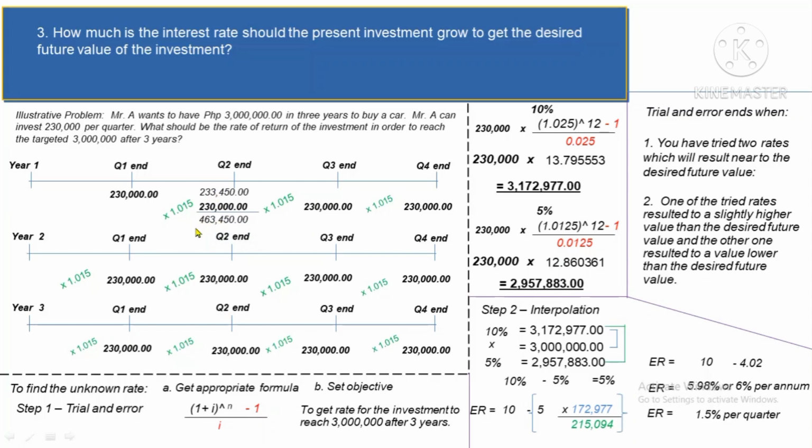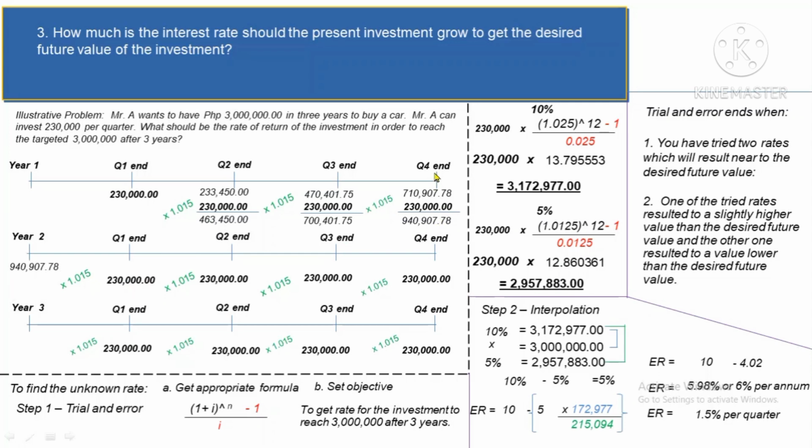So that's 463,450. And then this 463,450 times 1.015 again, then you're gonna get 470,401.75 plus 230,000, you have 700,401.75 times 1.015, you're gonna get 710 plus 230,000, that's 940,907.78. So that's on the first year. On the year 2,